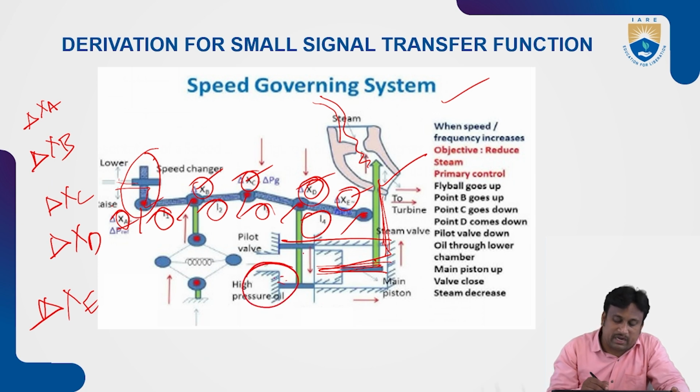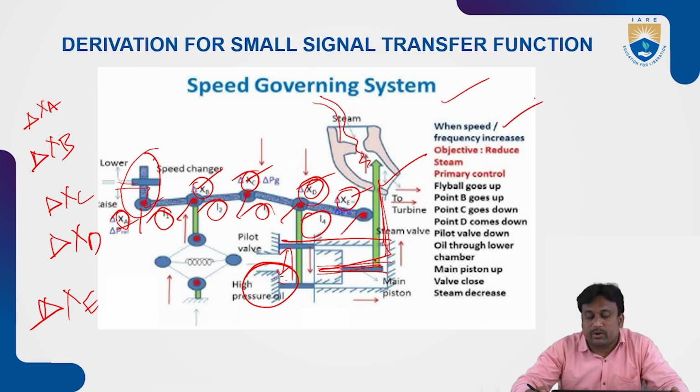So likewise the pilot valve and higher pressure coils are connected. When speed or frequency increases, the main objective is to reduce the steam. That means primary control takes place. That is, the fly ball goes up and point B also goes up, point C goes down, and point D